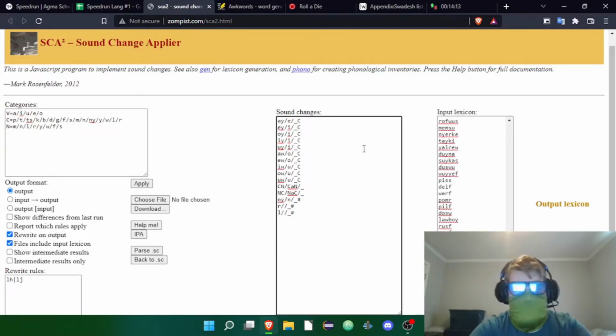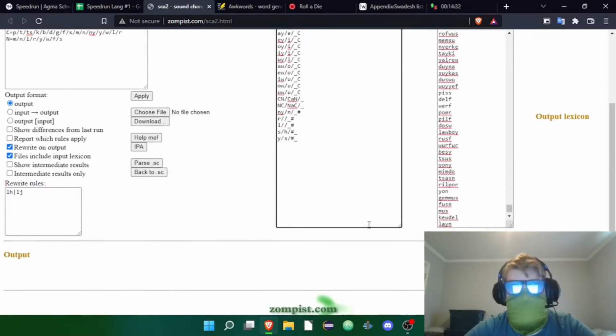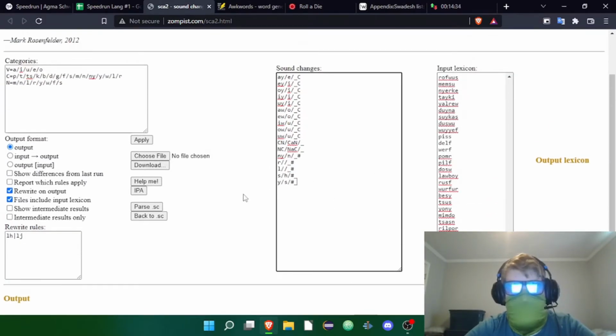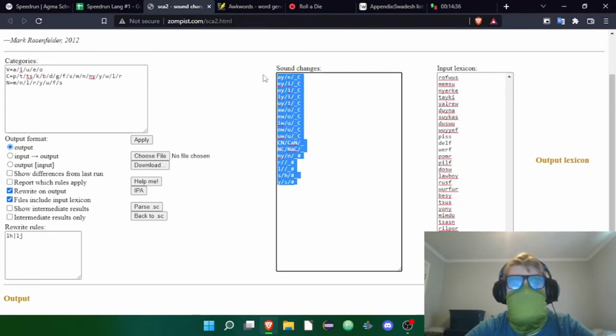This will be an interesting one. Let's have S go to H when it's at the beginning of a word. And then we'll have Y go to S when it's at the beginning of a word. And it'll counteract. I kind of like that. I'm not a big fan of Y's at the beginning of words, so I think that's a nice